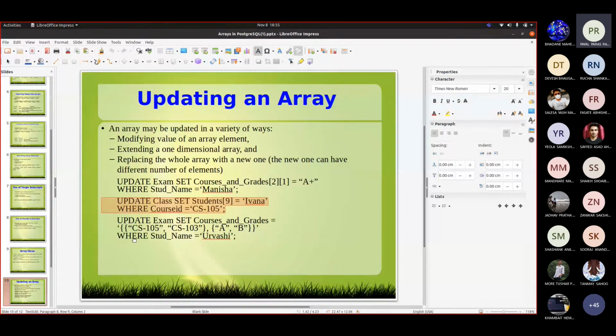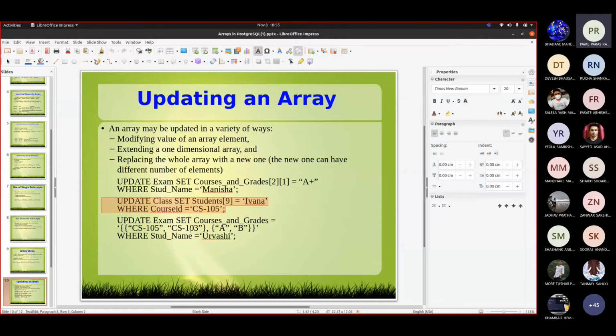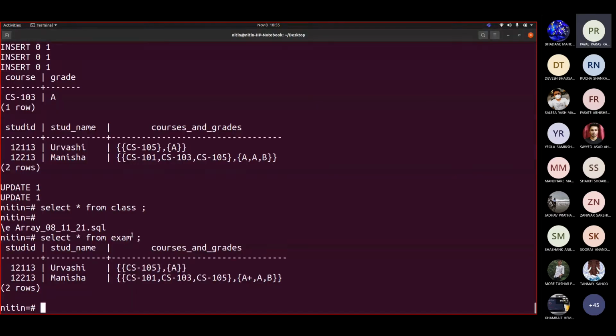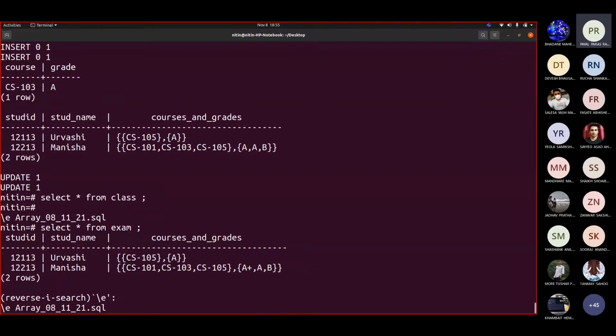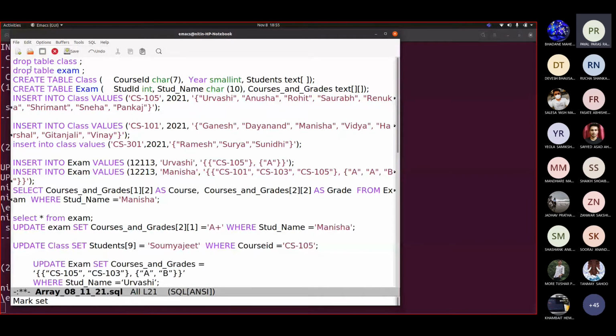Now, if you want to add or completely change the grades, say for example in exam we had Urvashi, and we added only 105. So I want to add 1032. How exactly can we do it? You add it this way. Again you do this update, copy, control R slash e, edit, paste.